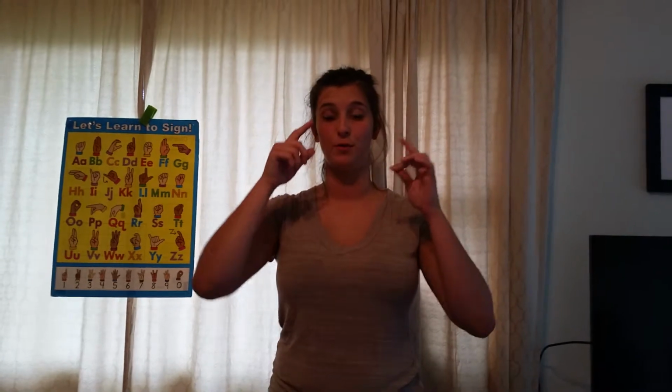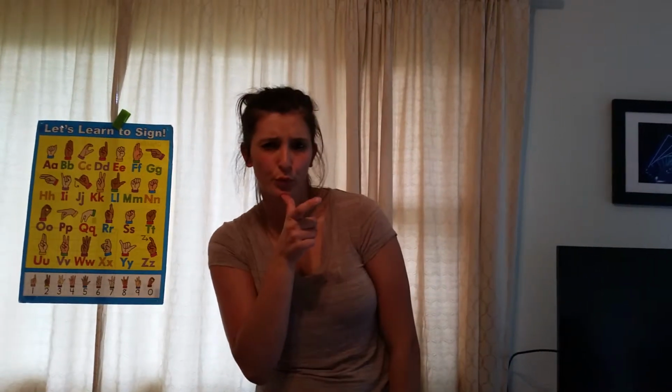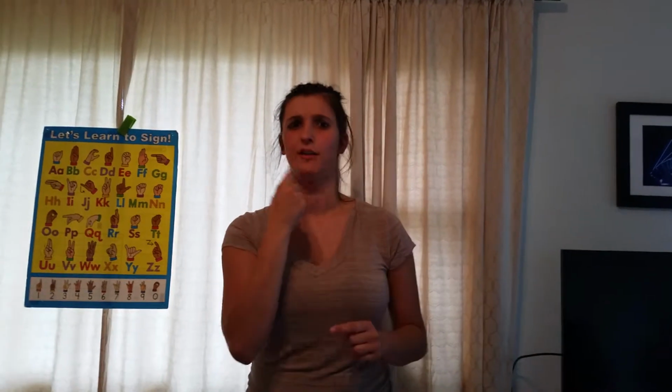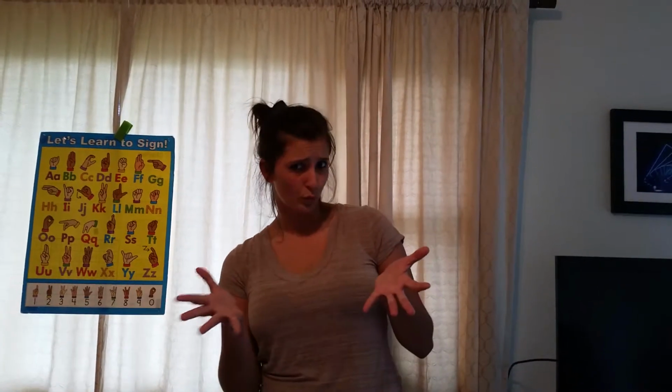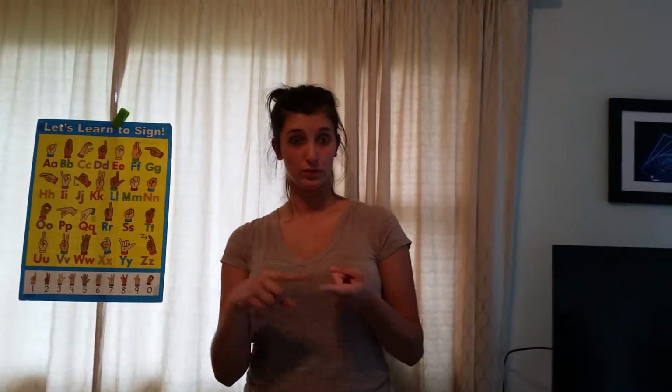Who, what, when, where, and why are my WH questions. Those have a lot to do with the non-manual markers. You always want to be aware if your eyebrows are up or down. So who, you want your eyebrows down and your lips kind of pursed. What, your eyebrows are down also. When, this could be either or depending on the type of question you're asking. So you just circle your finger around and point. Where,